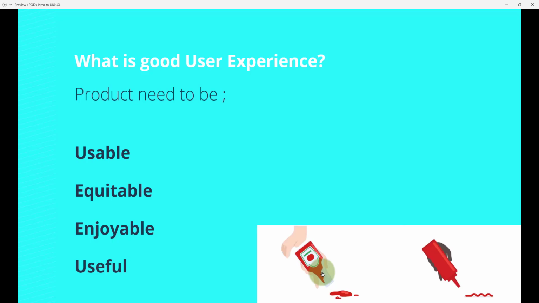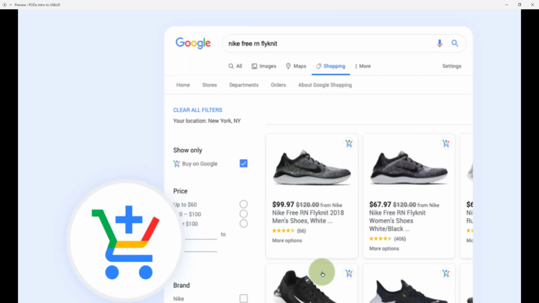Usefulness, guys. Now let's go to the next slide. Let's talk about a very simple product. Now this is as simple as a product gets. This is an example of an e-commerce website, like Google